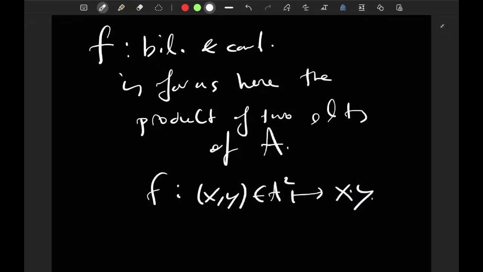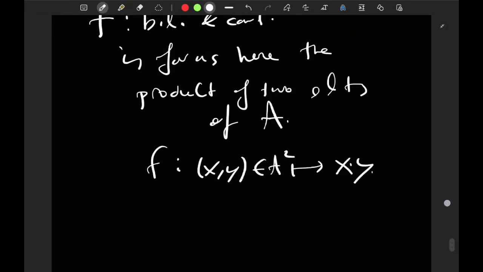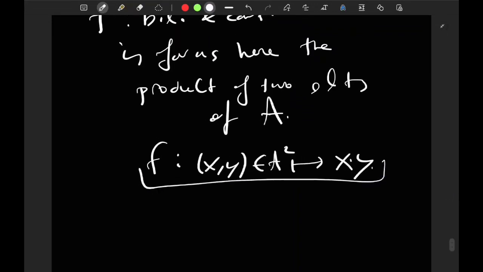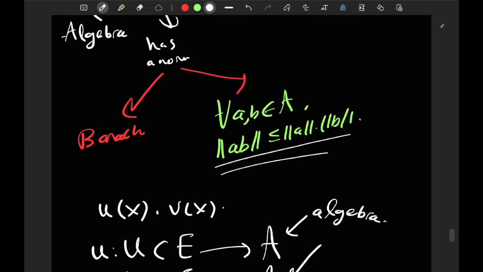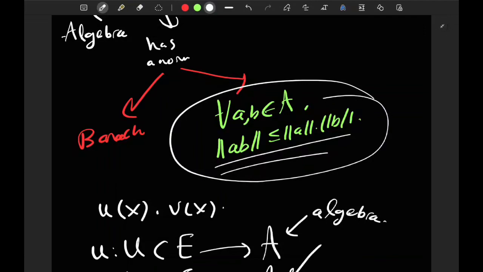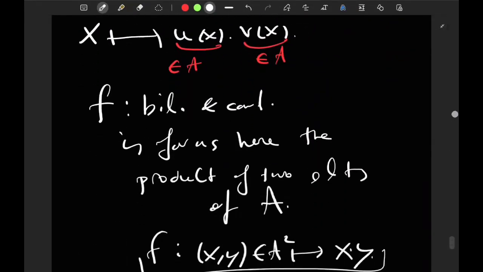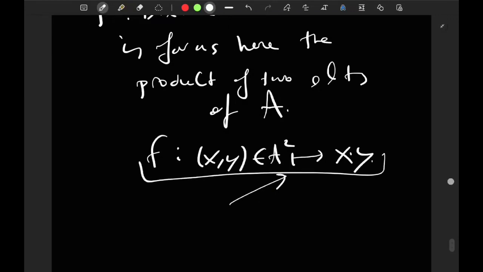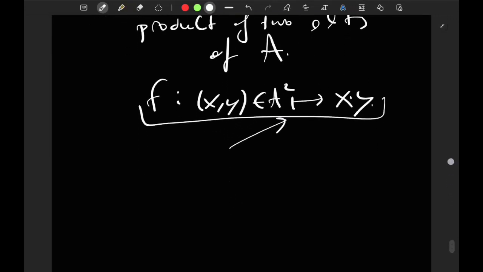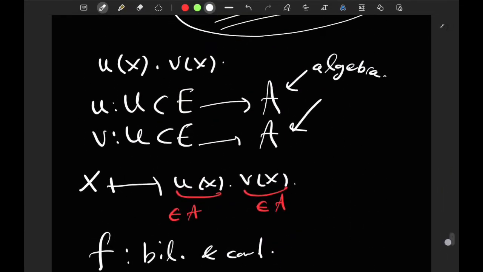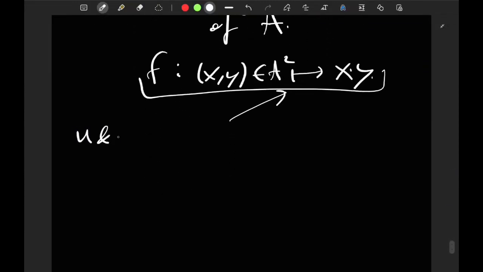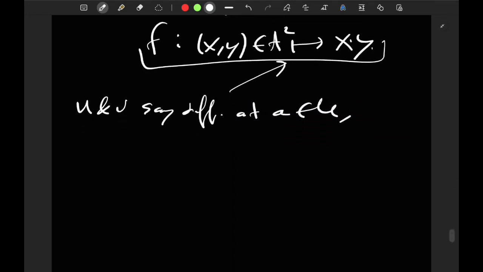It's the map f taking x, y inside A squared to x times y. Now, the thing is, this map here would not be continuous. It's a bilinear map, of course, but it would not be continuous had A not been a Banach algebra. Or at least it does not need to be a Banach space, but it needs to satisfy this property here, because this property is what allows this multiplication map f to be a continuous bilinear map. So f is continuous bilinear, and if you assume that u and v are differentiable at some point a in U,